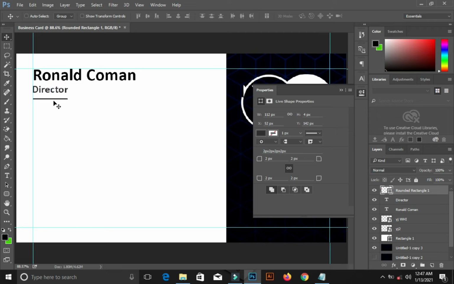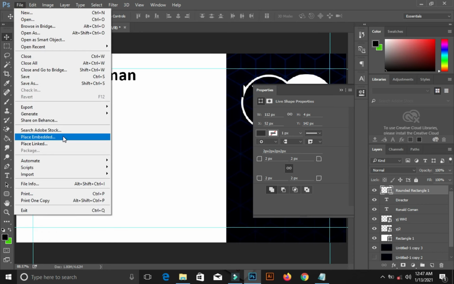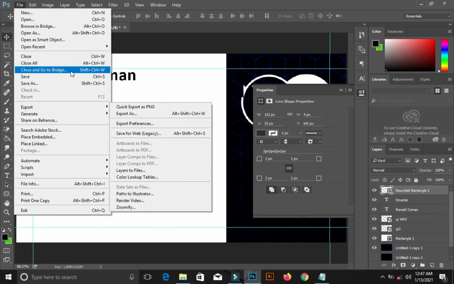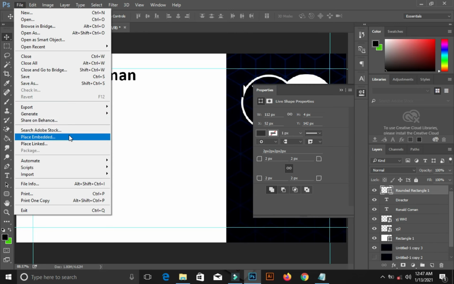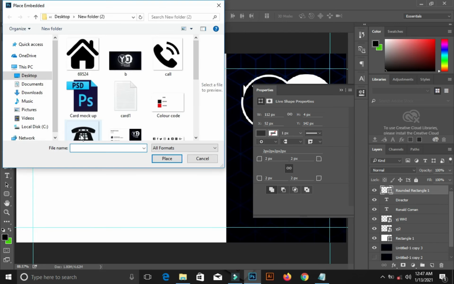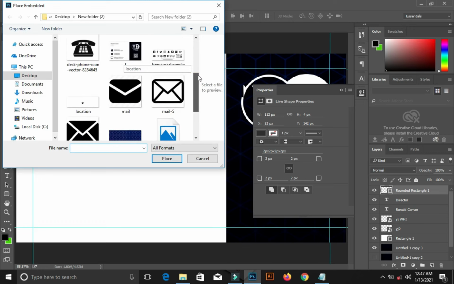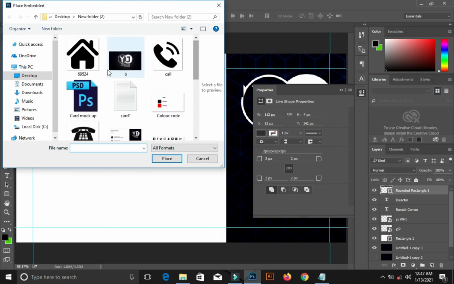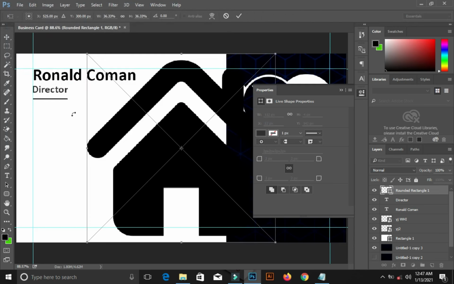So the next aspect is where I'll bring the logos, sorry, rather icons. That has to do with the home icon, that is address, the call, and the mail icons. So I want to pick this, double click on it.